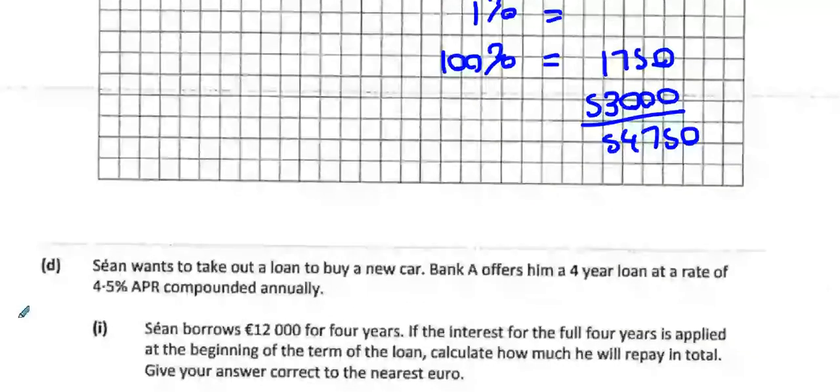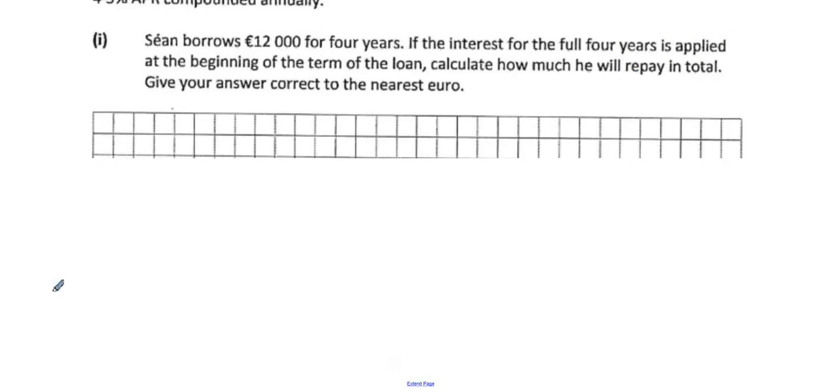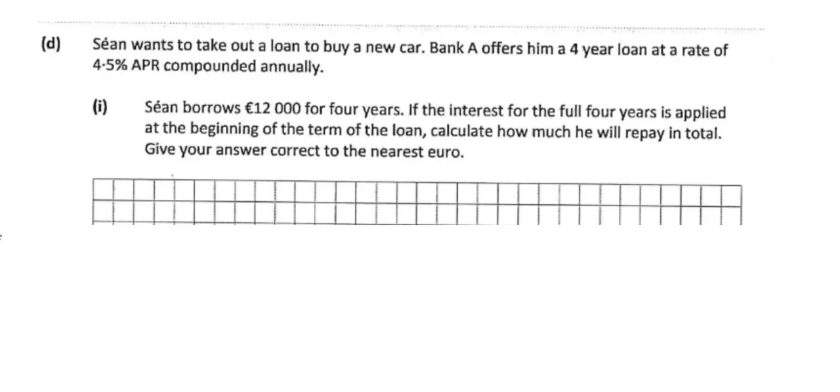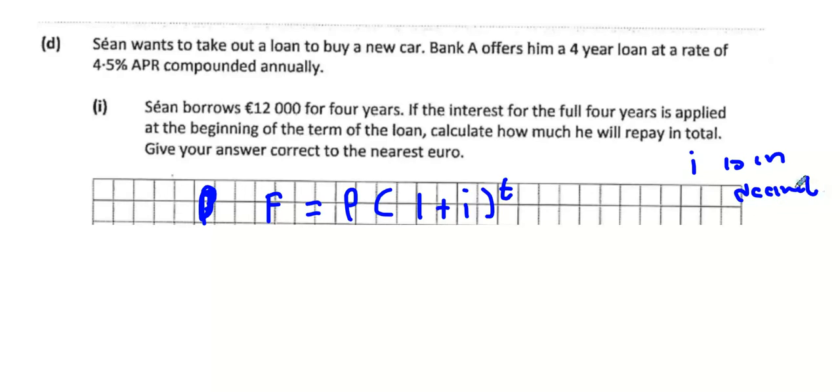Now, D. If you go to the financial maths section in your notes, it will say this formula here. F equals P(1 plus I) to the power of T. It will also tell you that I is in decimals. And I'll give you an example. So example would be if I'm offered 7%, the I value will actually be 0.07. I'm offered an I value of 4.5%. So what does that mean? I need to enter it as,